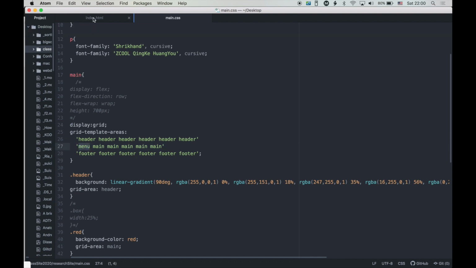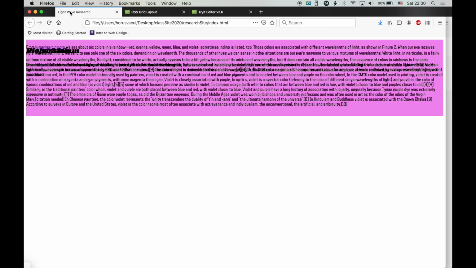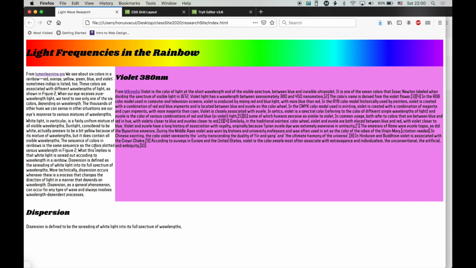Alright, so I've saved that. Let's see what we get. Okay, that looks pretty good. It looks also like we've lost all our other colors, like maybe they're stacked one on top of the other. So let's fix that. But you can see we have menu to the left